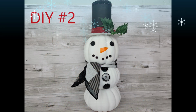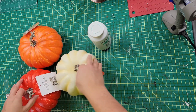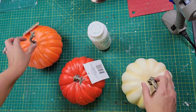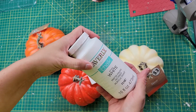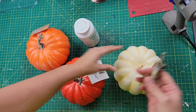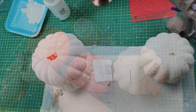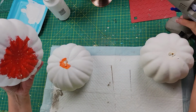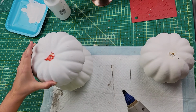Here's DIY number 2. So for this one, I took these 3 pumpkins that I bought from the dollar store and then my Waverly chalk paint in the color white. So I start off by taking off all those stems and the tags and then painting them with that chalk paint. Once they were all dry, I just take my glue gun and I start stacking them on top of